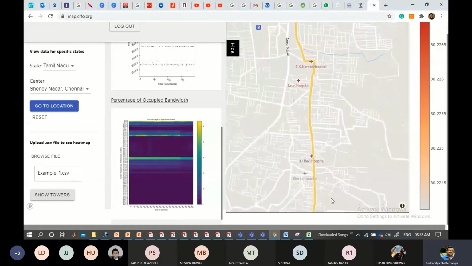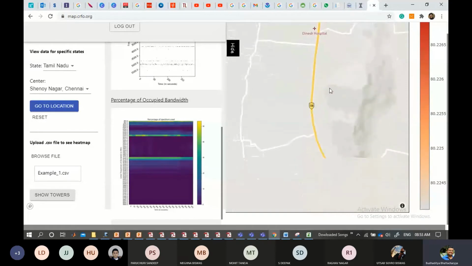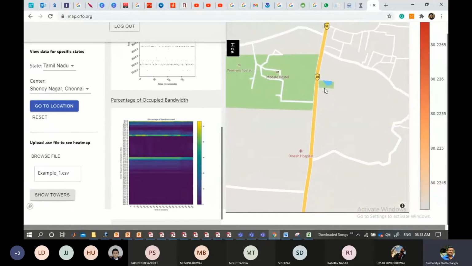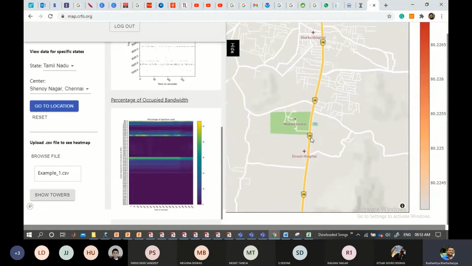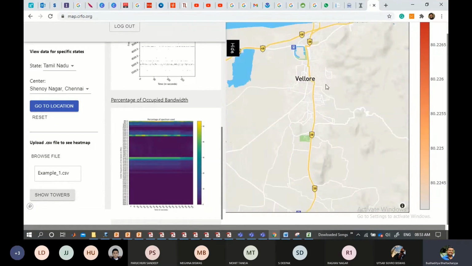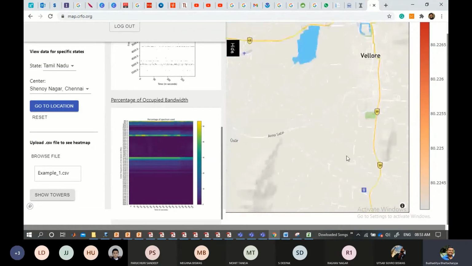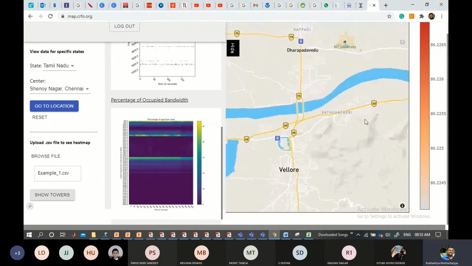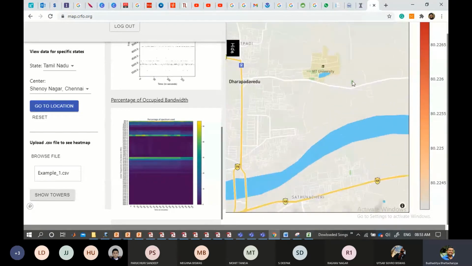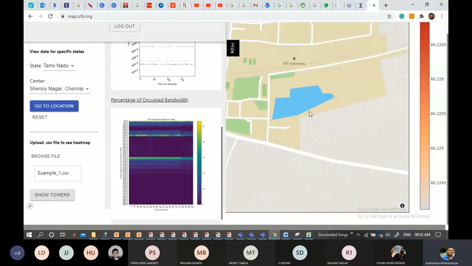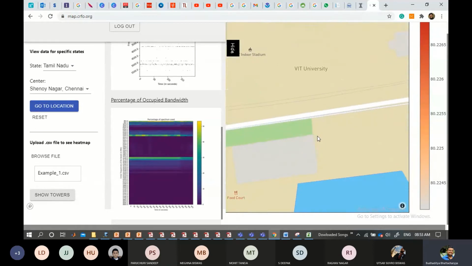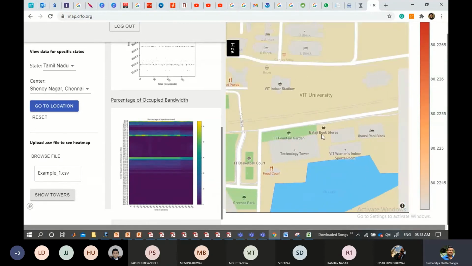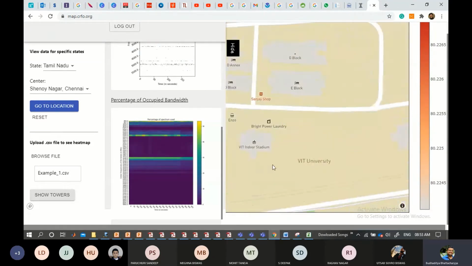Vellore Fort. Why is it not showing? No. One minute. Just give me one minute. VIT University. Am I taking sample 1 CSV? I'm taking it correctly only.